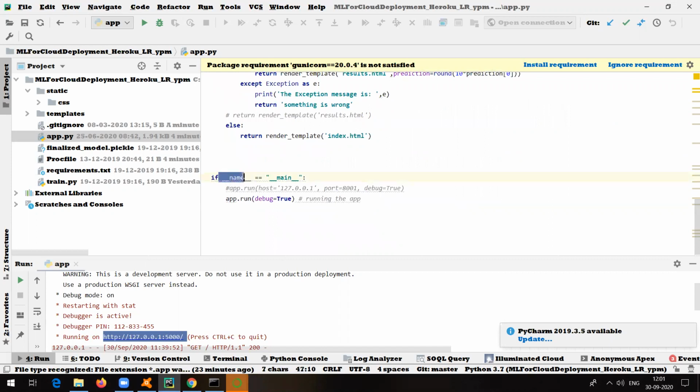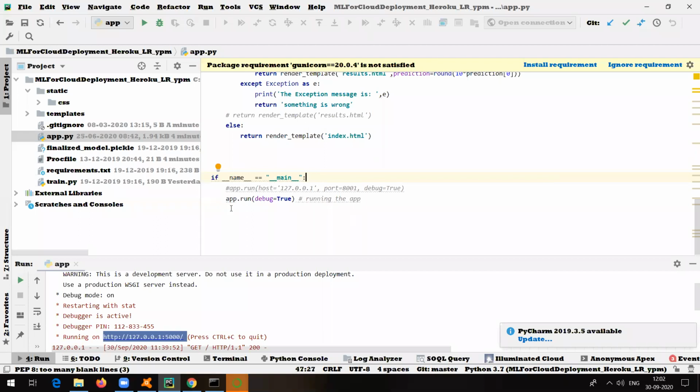If __name__ == "__main__". Again, what do you mean by two underscores? It means it's private. All those attributes, variables, keywords are private. So what do you mean by this? The meaning of this one is, if you see a method with the name main, you need to start from there. Okay, so what are we doing inside this?